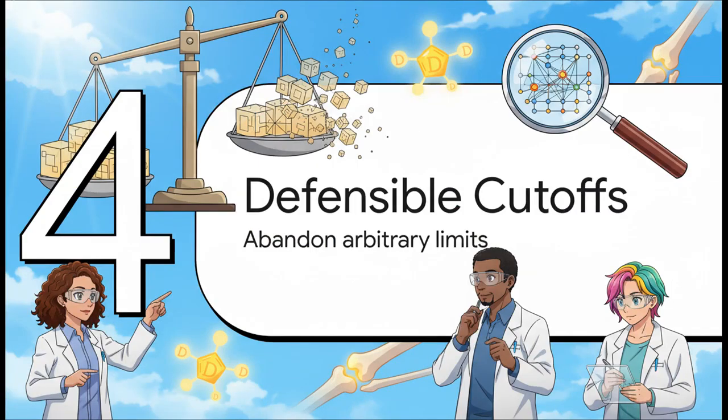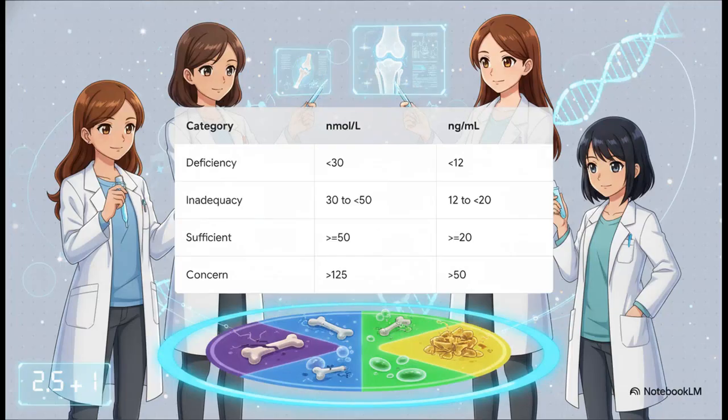Let's jump over to the data analysis in Section 4, defining defensible cutoffs. This is exactly where so many researchers stumble. We literally have to abandon the idea of using arbitrary disease-specific thresholds for osteoarthritis. Instead, we should be relying on the analytic categories established by NASM, which define clear, backed-up risk brackets based on